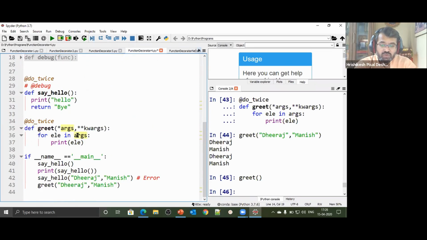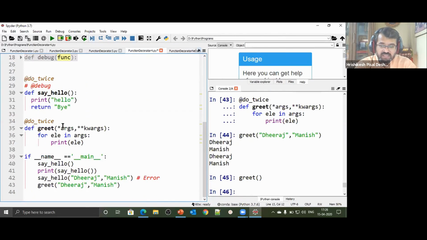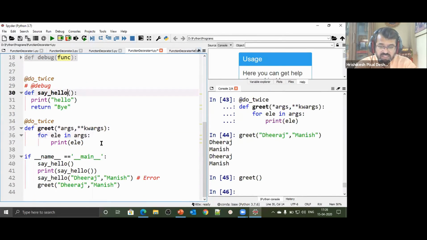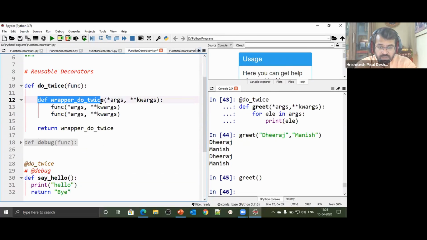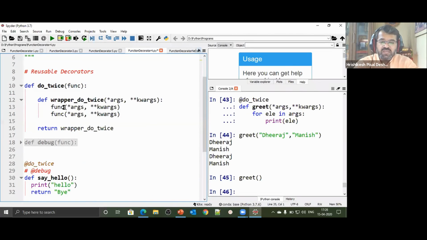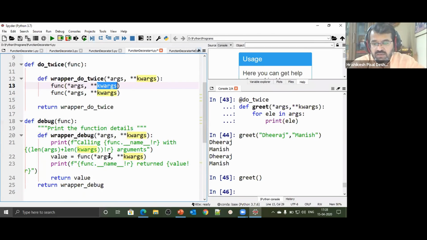If I really wanted to return the value from this particular function, then from here also we will have to return the value. How to return it, I'll show you in another example. Now, is this behavior understood? This one was taking an argument, this one was not taking an argument. The safest way to create a generalized wrapper, and I'm using the word generalized wrapper, means you will now be in a position to call a function which does not take an argument or which takes an argument, because here we have used keyword arguments and an arbitrary number of arguments. Now, I have one function called debug.